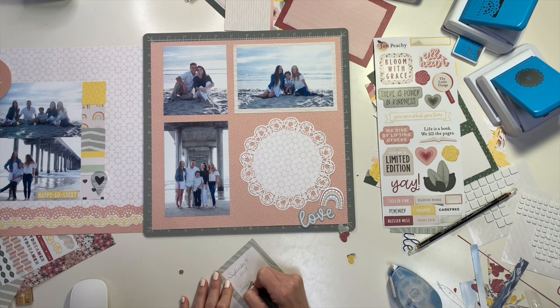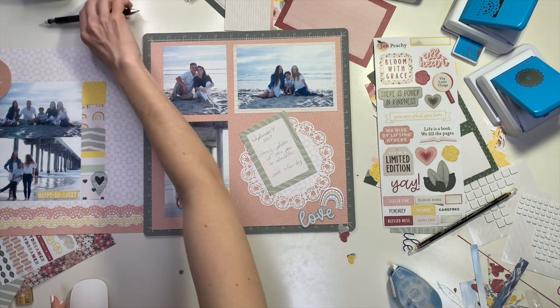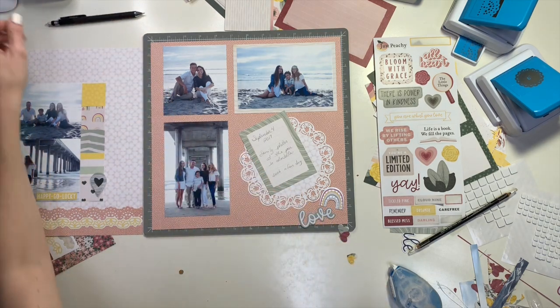Family photos at the pier in La Jolla. Such a fun day. Okay. All right, so I have it in pencil, and I'm gonna go ahead and